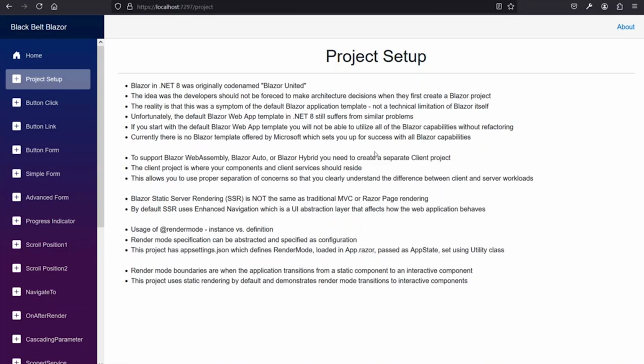I mentioned the fact that this project that I'm going to be demonstrating was set up using .NET 8 and using the Blazor web app template, the default template. But I've had to make some modifications to the template, and I'm going to explain why. So if we take a step back for a moment, one of the reasons why Microsoft made some of the changes that it did in .NET 8